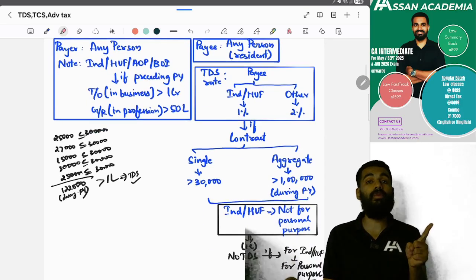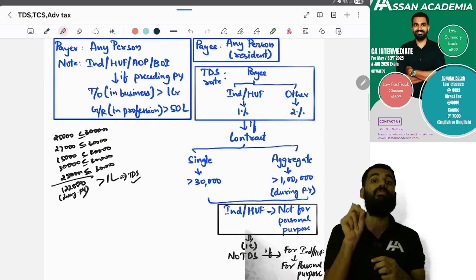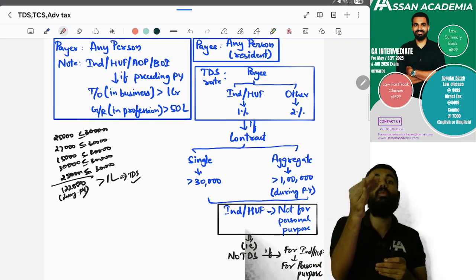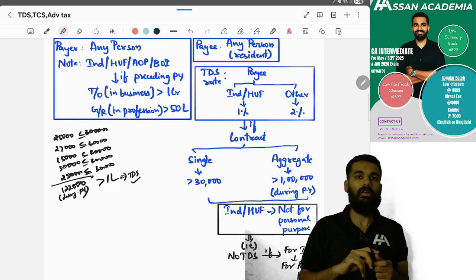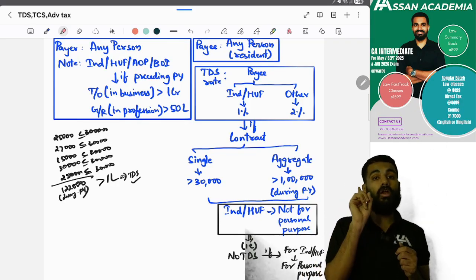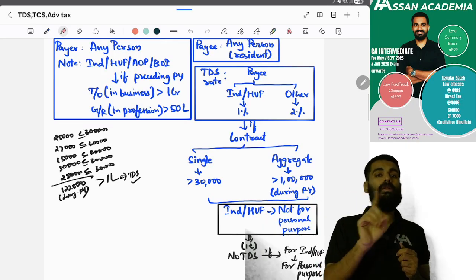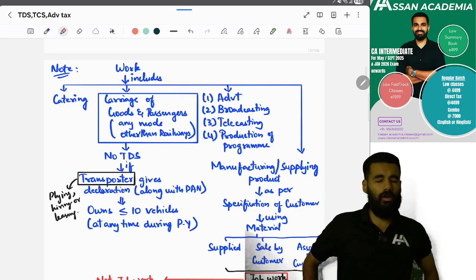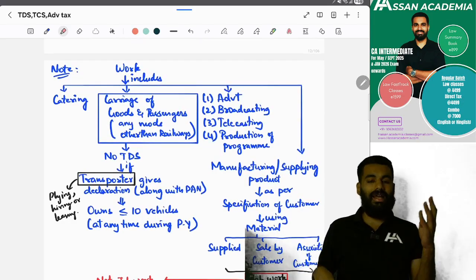Yes or no? Yes. When will it be deducted? When the amount is more than 30,000 rupees. But in aggregate, if it is more than 1 lakh rupees, TDS will be deducted. Yes. And for an individual or HUF, if it is used for personal purpose, TDS will not be deducted. Next, the contract also includes catering,